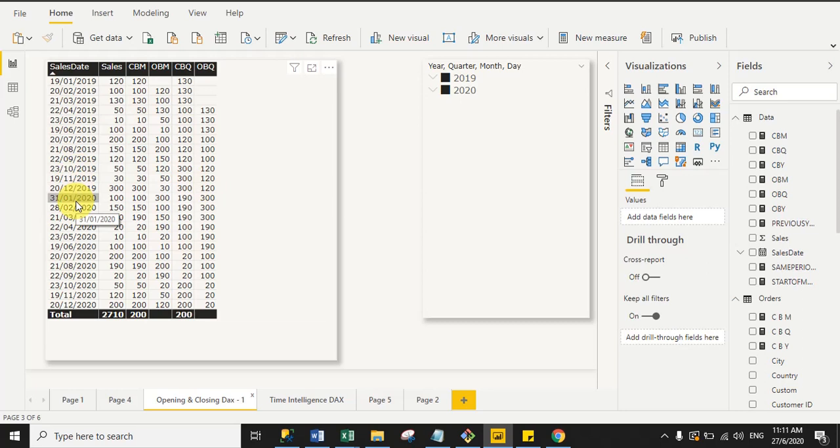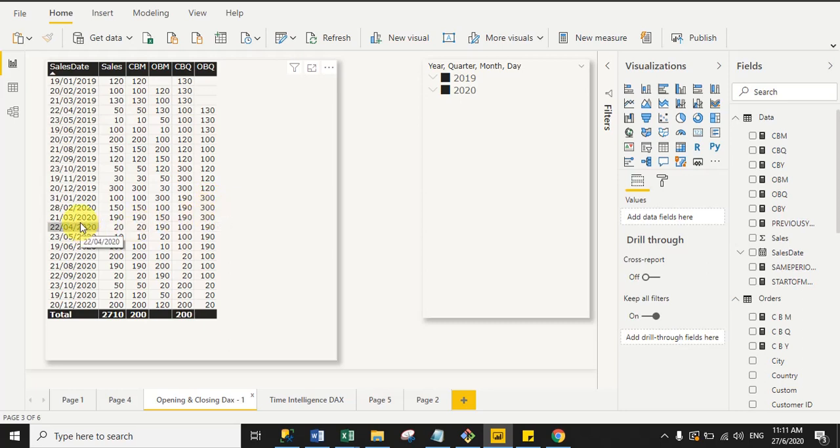Now move to the first quarter of 2020, that is January, February and March. For the 2020 first quarter, the first date of the quarter will be December 2019, and in December 2019 the last day of sale is 20 December, sales value is 300, so that's why it is returning 300 against the 2020 first quarter.